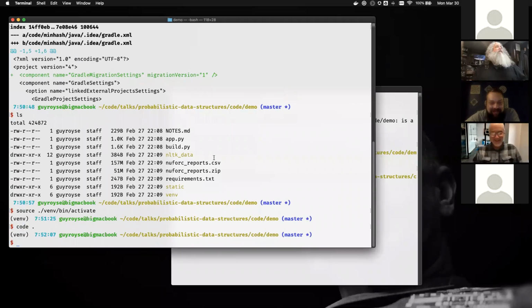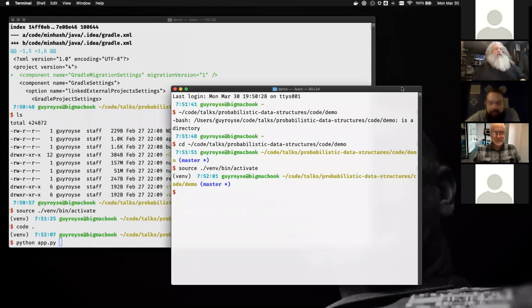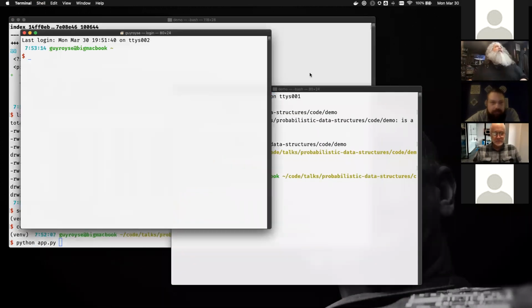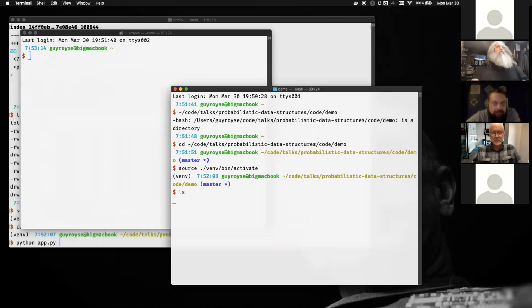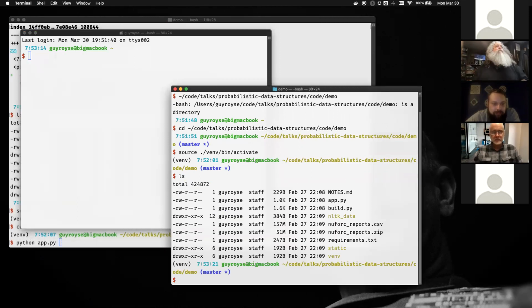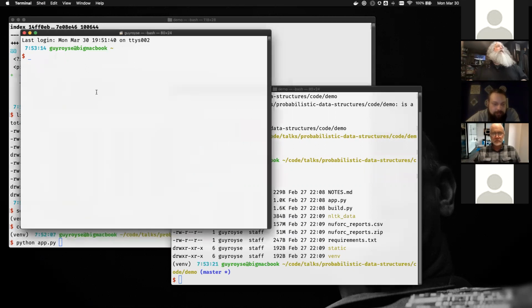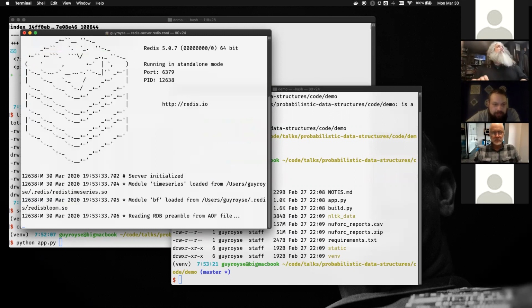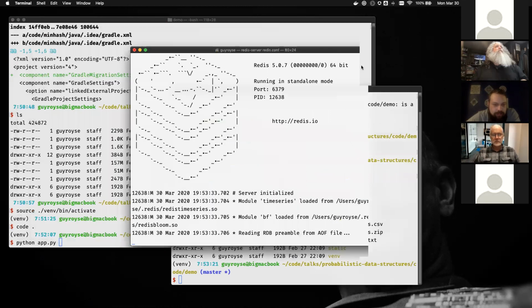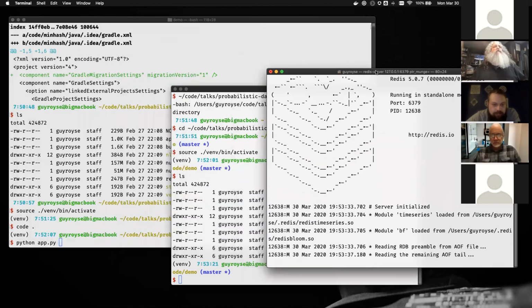So here I can go python app.py, but that won't work yet because I probably should launch Redis. That might help. Oh yeah, I can do Redis from here. So redis-server redis.conf. There we go. Now my Redis is poorly configured, and so it takes a little while to launch. Let me try it with